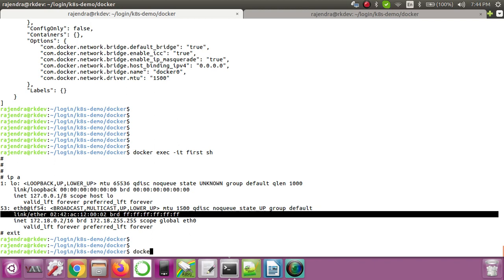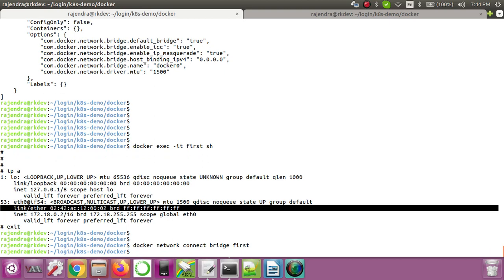I'll do docker network connect, and the network I want to connect is bridge, which is the default network. This first container is already associated with my bridge network, and now I am connecting that same container with the default bridge network.